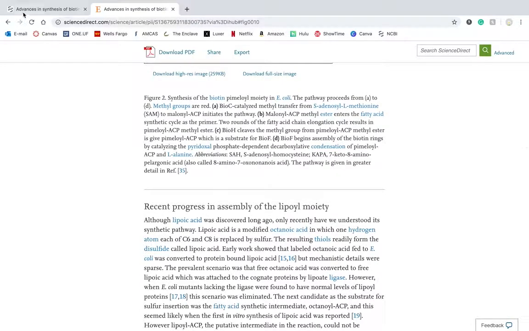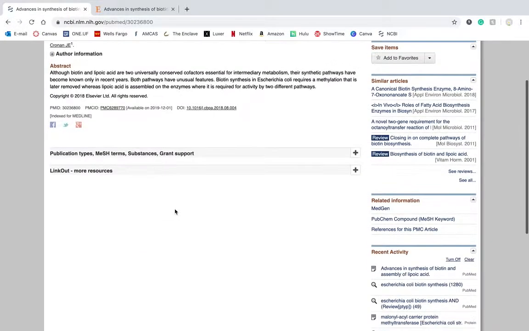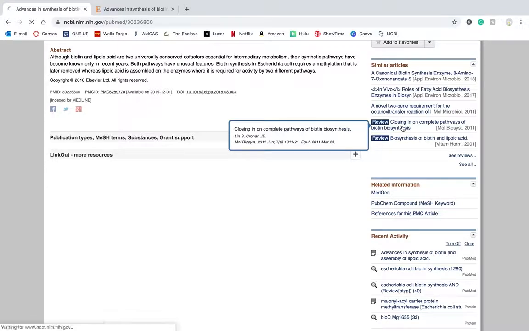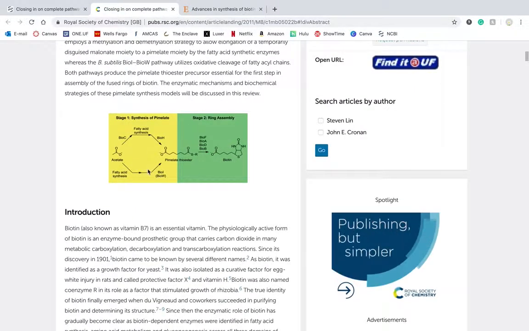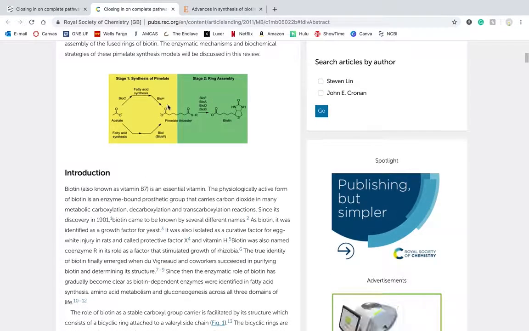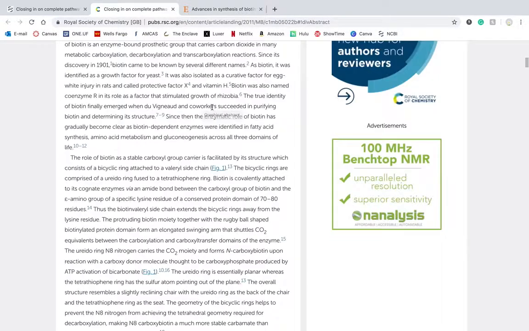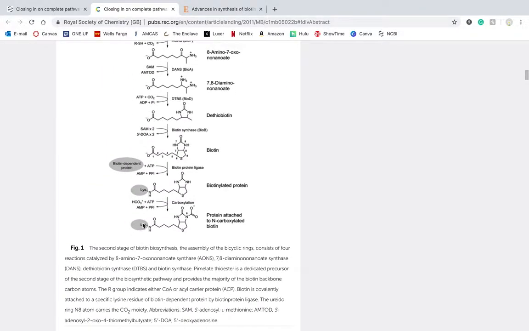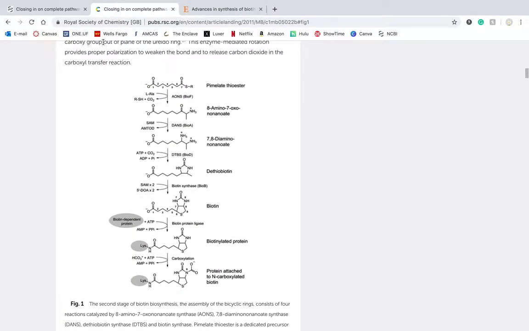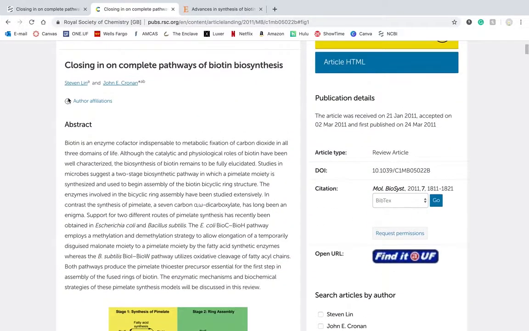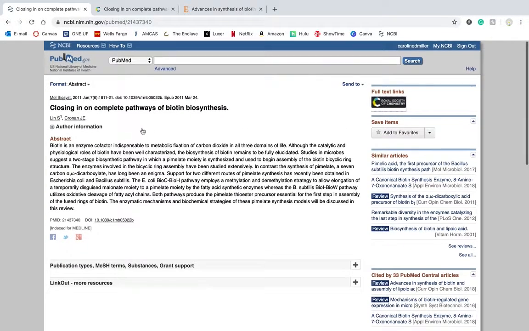Again, there are multiple different review articles you could have clicked on and looked through. Let's look at this. Full text links, figures: BioC, BioH, see all of these right here. So we know this is more or less all the ones we're going to need for this assignment, at least. Figure 1. So again, you can just look through, but if we want to get each individual one in order to get the specific EC number and sequence, we're going to go back to PubMed, but